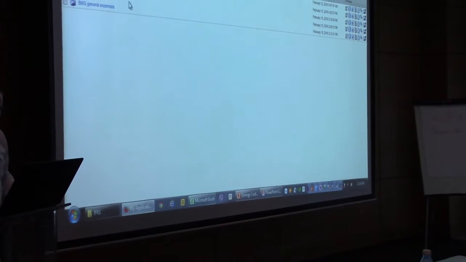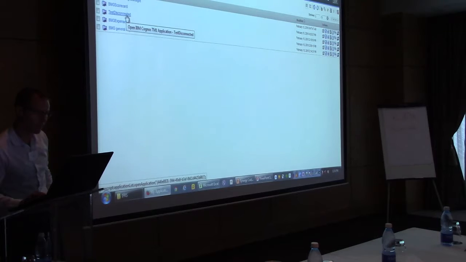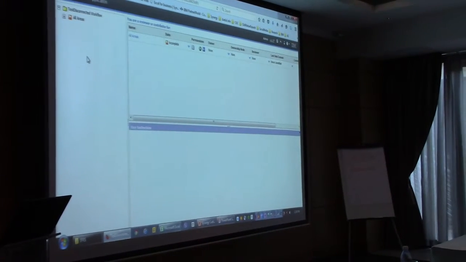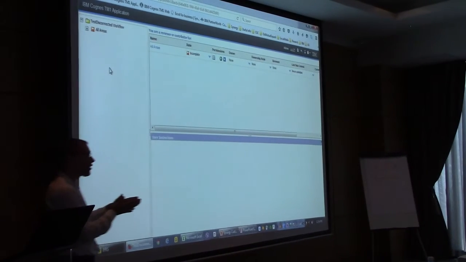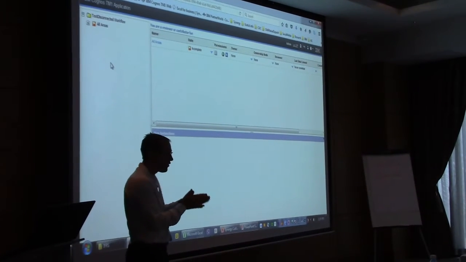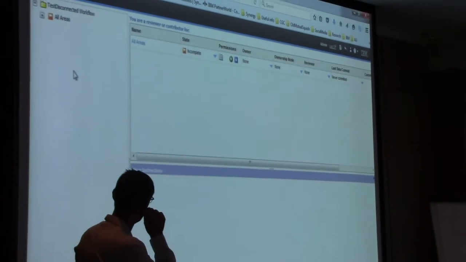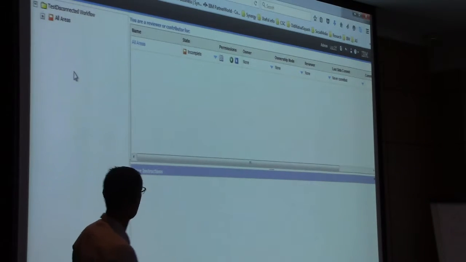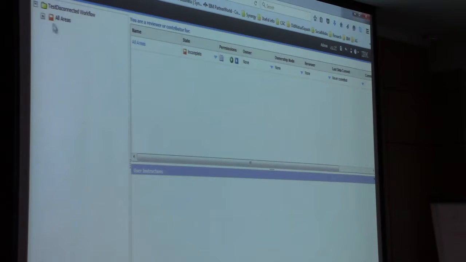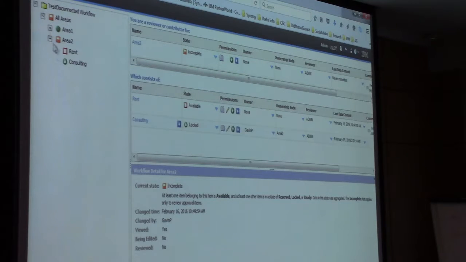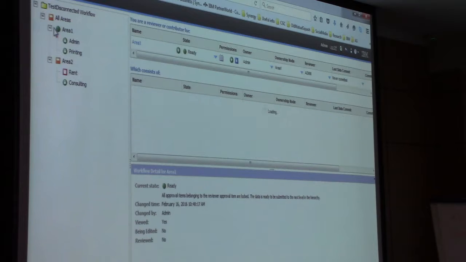I log in, I go into test disconnected. It's just a little view, and what I've done is literally created a tiny cube with a few dimensions, and I've broken it down into budget areas. It's a very oversimplified example, but you'll see in here, when I click in here, it will tell me area 1 is sitting there, and if I click on that, you'll see area 1 is ready.